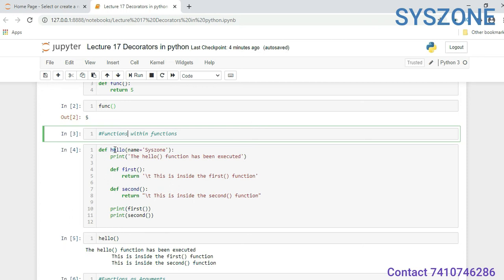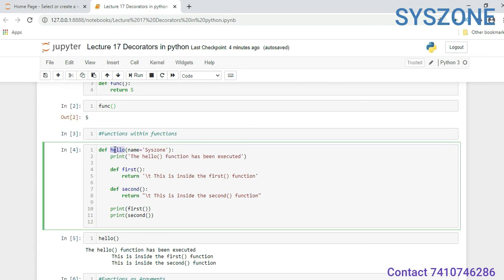Now we have created a function named hello, with the parameter default value John. When we call this function, it will print "hello function has been executed". Inside this function, we created a first function named first, which will return a tab and "this is inside the first function".